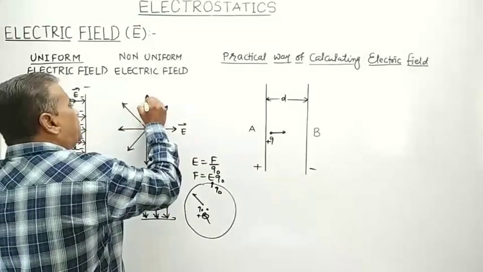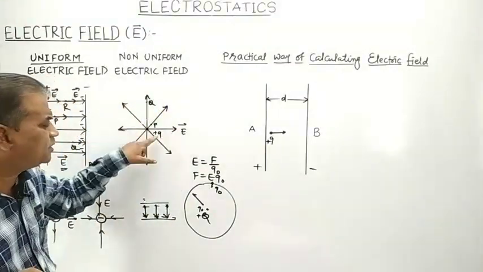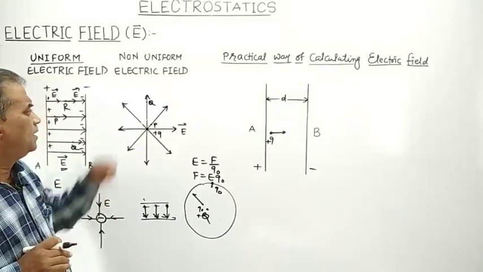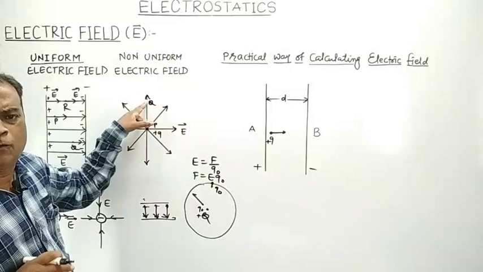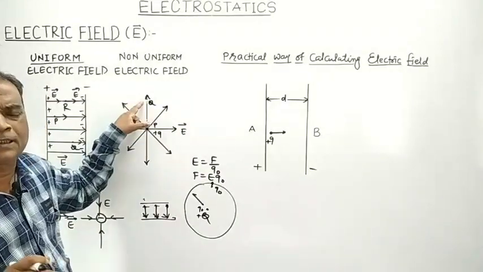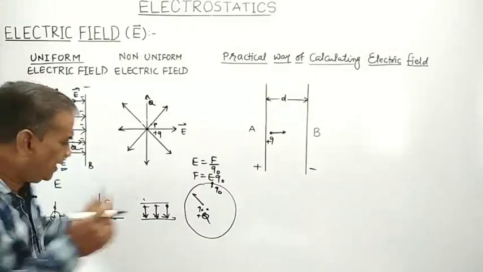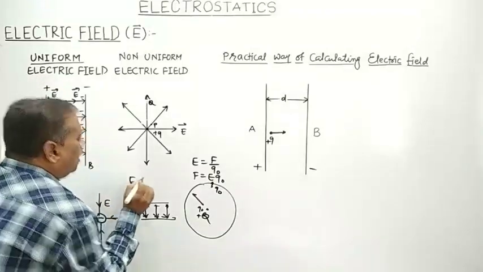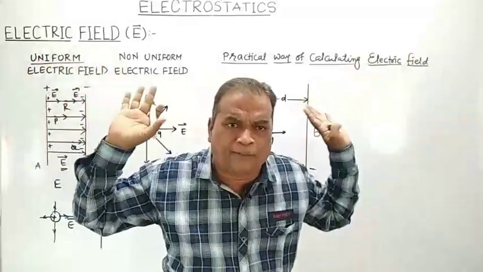There is some other point Q which is somewhat at a greater distance from the given charge. The magnitude of electric intensity at point Q, that is away from the given charge, is less as compared to that at point P. Means the magnitude of electric intensity is different at different points,